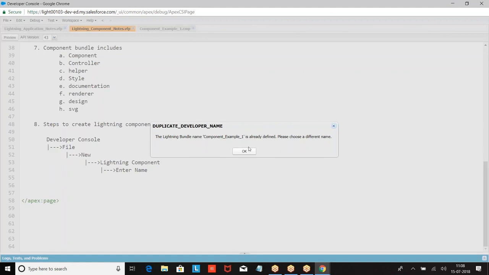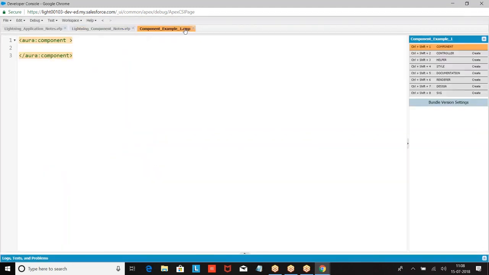This is how we have created a Lightning component. It is good to have an extension of .cmp. So I'm giving the data here.